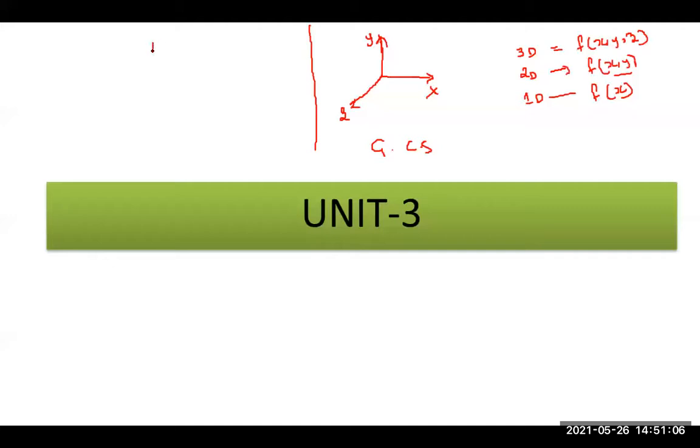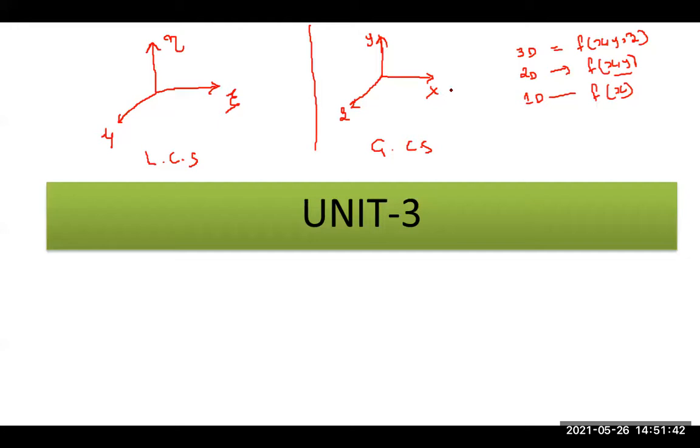The local coordinate system is also expressed similar to x, y, z, but the notation is different. In the x direction we mention zeta, in the y direction we mention eta, and in the z direction we mention theta. These three representations are very, very important. Now coming to the difference between the local and the global coordinate system.